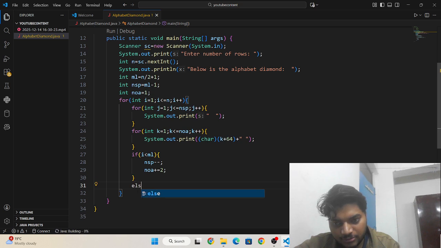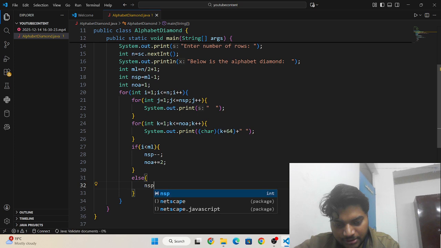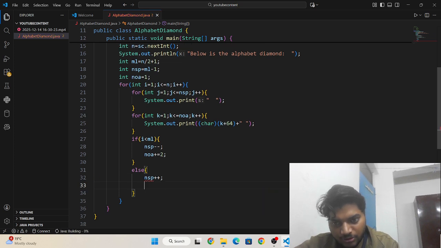In the else part, nsp will increase and number of alphabet will decrease by 2.